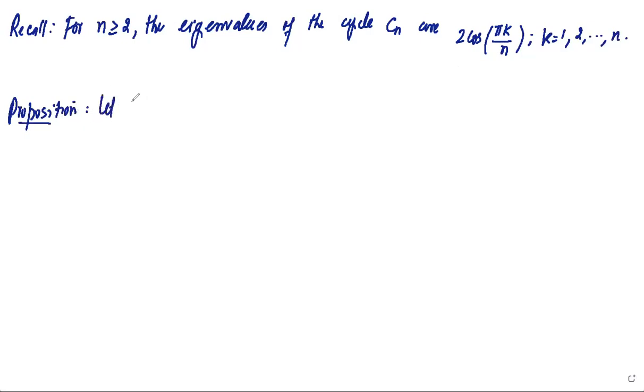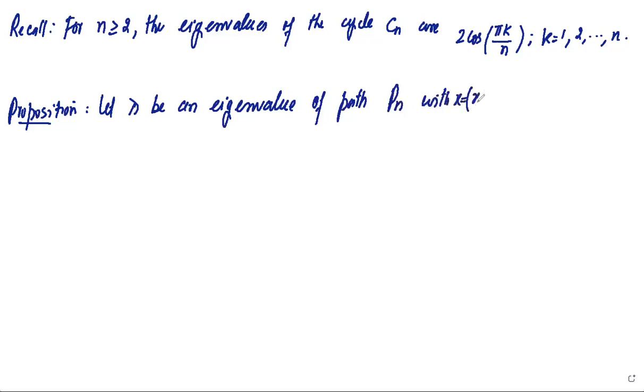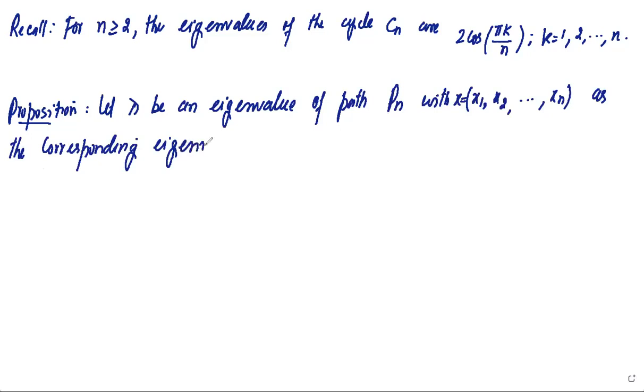Proposition. Let lambda be an eigenvalue of path Pn, with x equal to x1, x2, up to xn as the corresponding eigenvector of Pn. Then